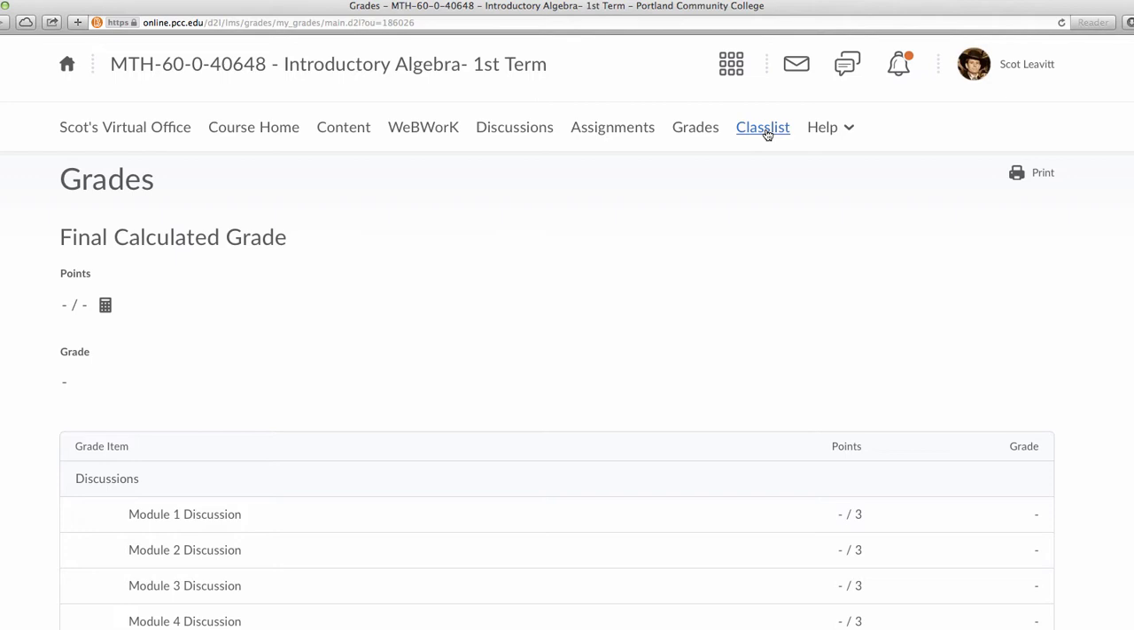So that's the basic layout of the course. You'll want to jump in and start looking around. The sooner you start investigating the different areas, the assignments or the content areas, or other places, going to the virtual office, the more comfortable you will become with the course. And the sooner you become comfortable with the course layout, the sooner you'll be able to start the content and